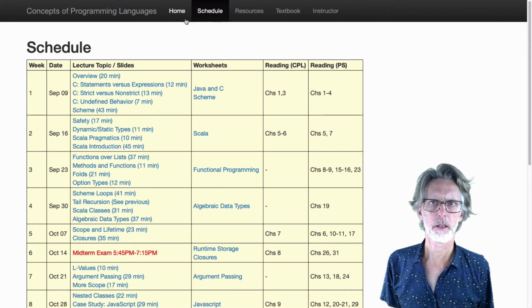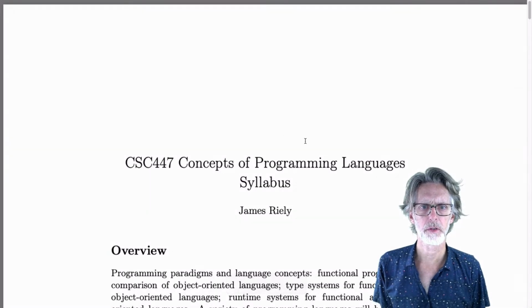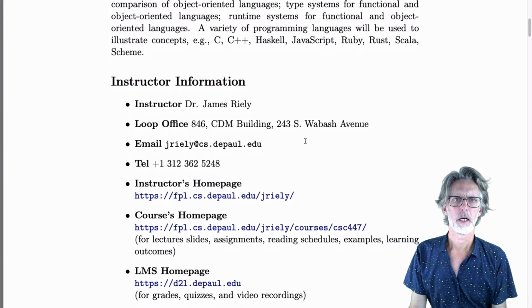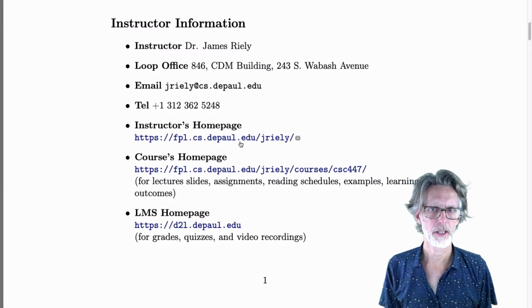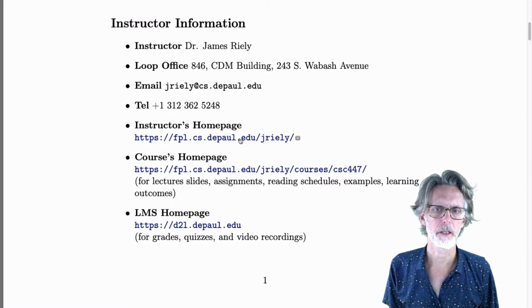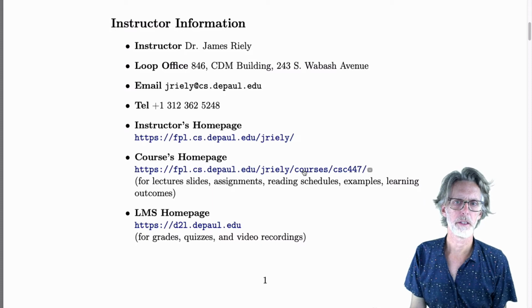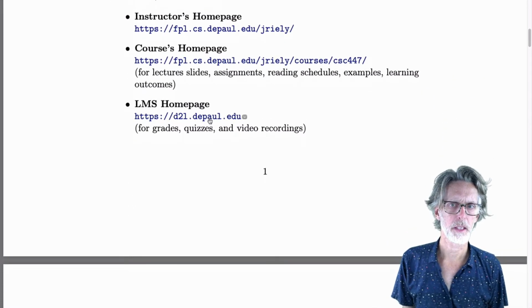You can see here that I have a home link, and there I've got a link to the course syllabus. So let's just walk through this briefly right now. Like I said, I'm James, and I'll be your instructor, and you can find my personal info or stuff about my research, etc. here. This particular course is on the course homepage listed here, and we're using D2L as our